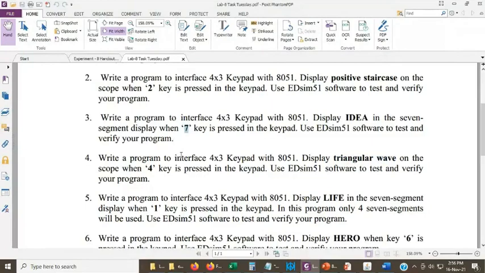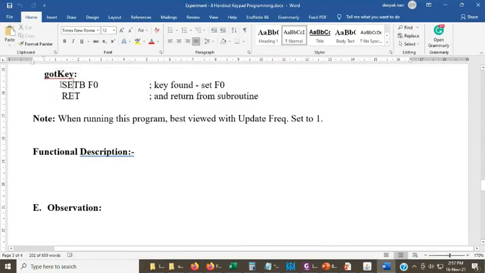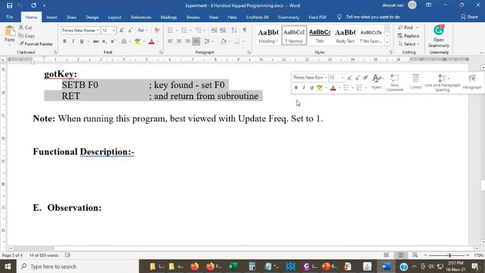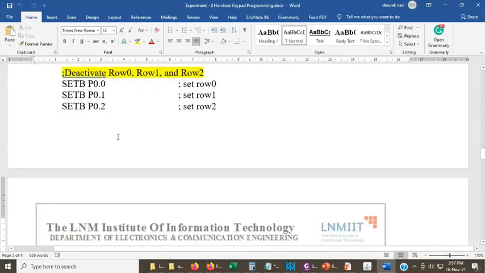So first task, detect the key, and the rest follows. Second thing, instead of jumping to this particular got key, here in this got key you will have to write the subroutine for displaying your character or generating the DAC waveform, and then from here you will have to return, not to finish.